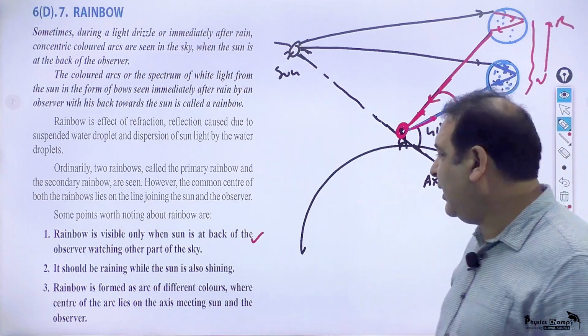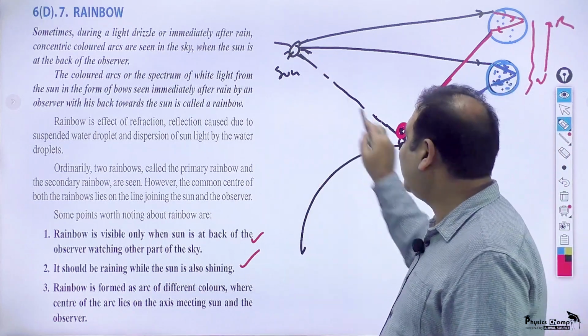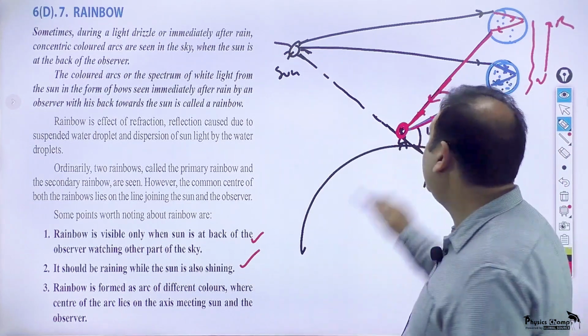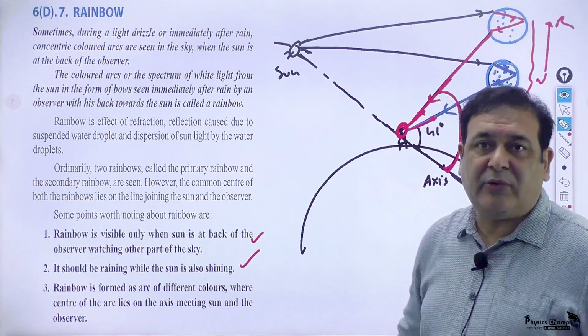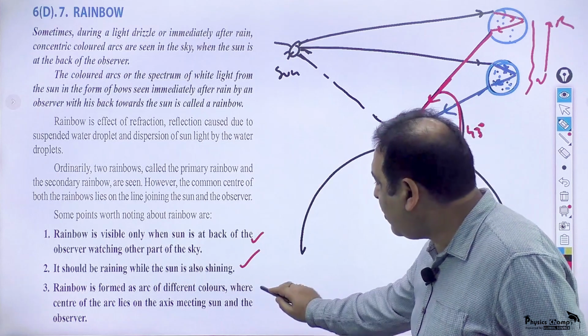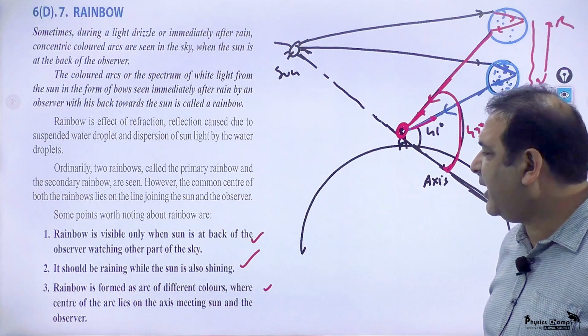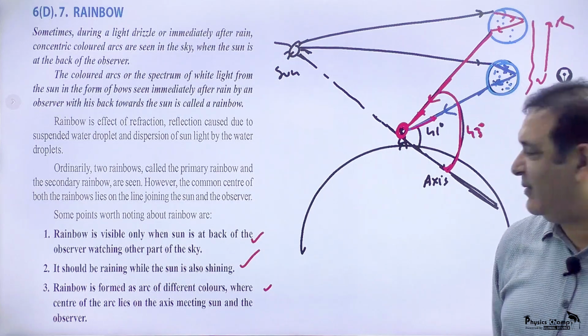It should be raining while the sun is also shining. So you need sunlight in plenty, and you need water droplets also. So it should be raining. And a rainbow is formed as an arc of different colors, where the center of the arc lies on the axis meeting